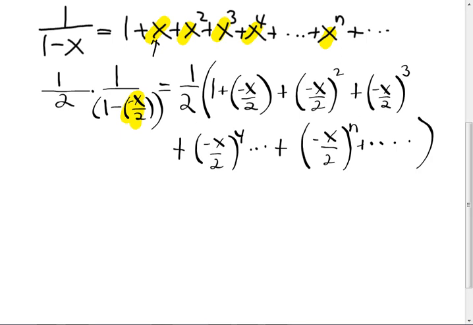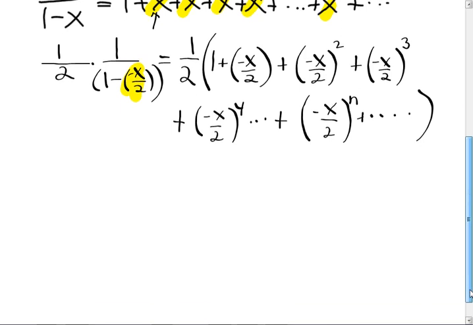And that's good enough, but we're going to simplify it because I have to match it on the test. So I've got to be able to match it. And I'm going to use it for the next example. So it's what? I still have that 1 half there. So it's 1 what? Minus x over 2 plus,